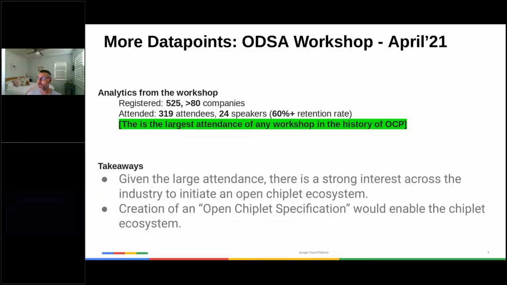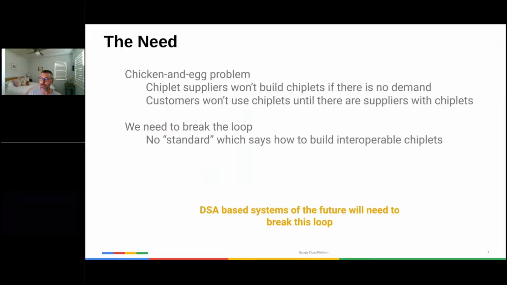I was actually a speaker at the business workshop in April, and grabbed some statistics from that event. I think it was one of the largest attended workshops in OCP history. So there was certainly a lot of interest behind chiplets. One of the messages from that workshop was that to enable a chiplet ecosystem and a chiplet marketplace, you have to break the circular chicken and egg problem. Companies like Google would like to buy chiplets,